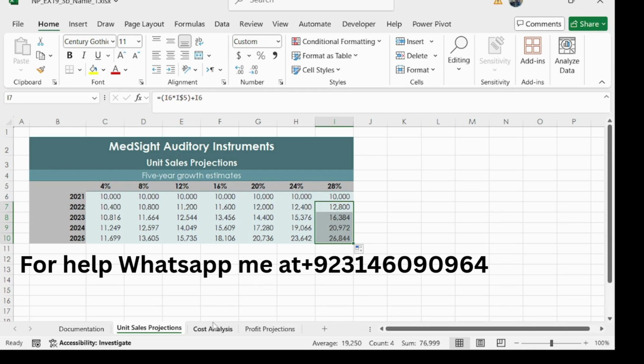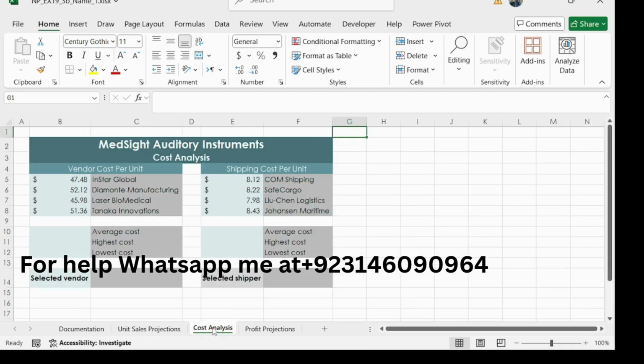So switch to the cost analysis worksheet. This is the cost analysis worksheet, and then go to cell B10. This is cell B10. Create an average function to calculate the average of the values in the range.